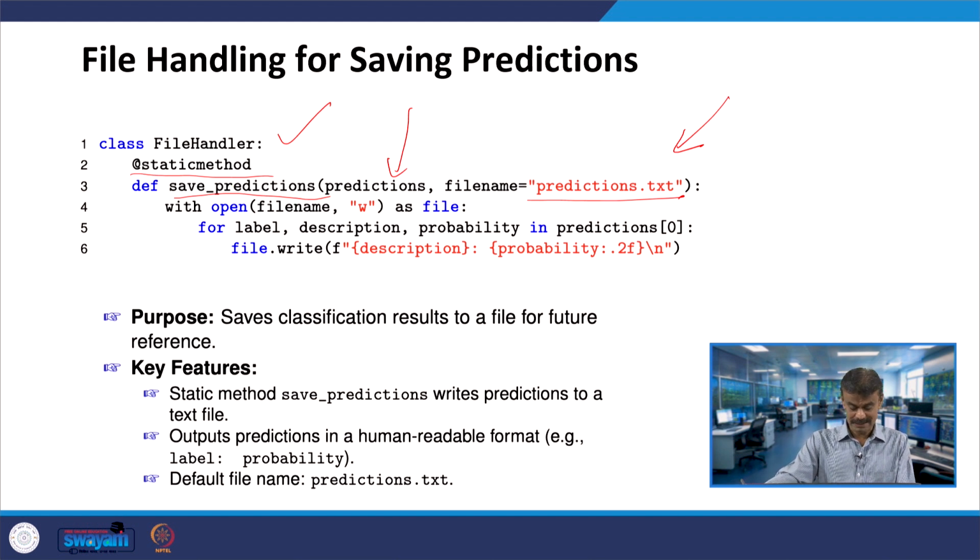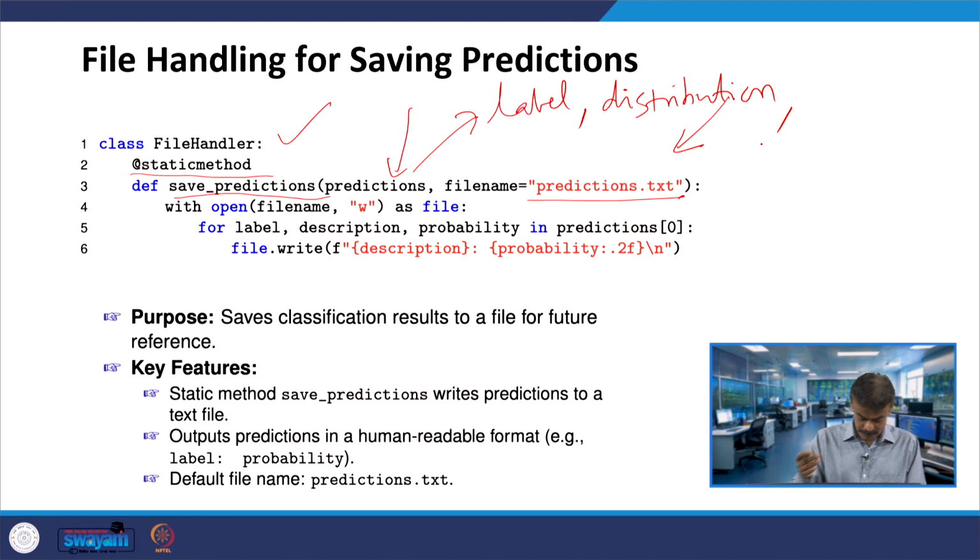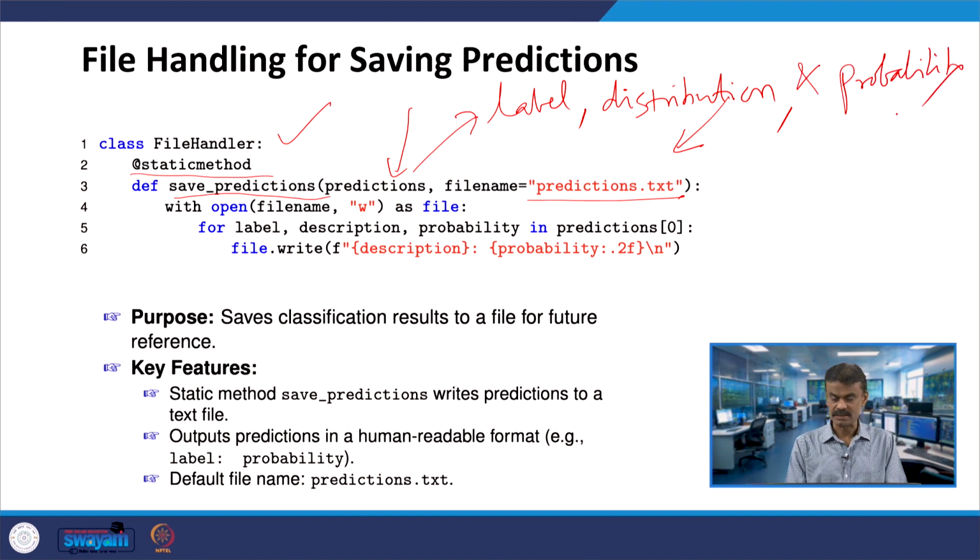The predictions is a list of predictions, where each prediction is a tuple containing a label, description and probability, and then the file name.